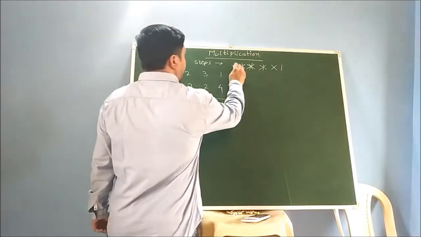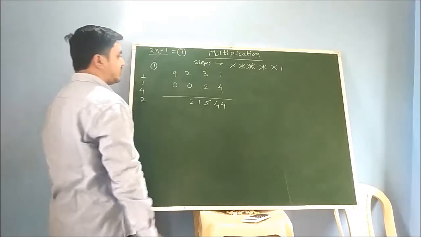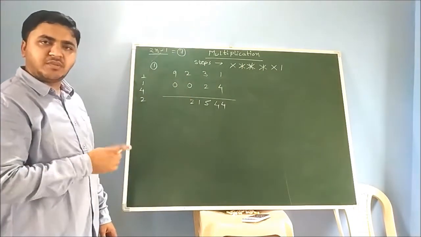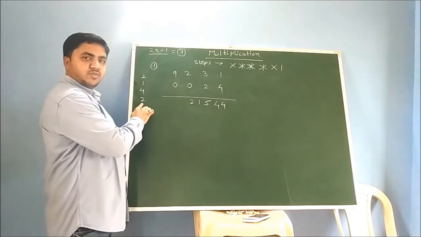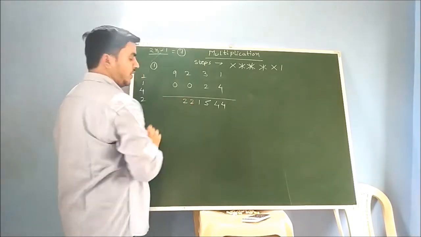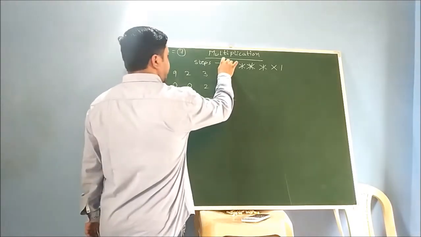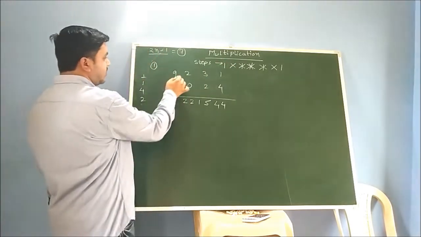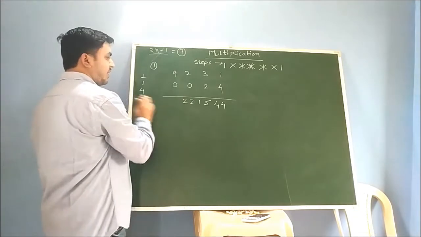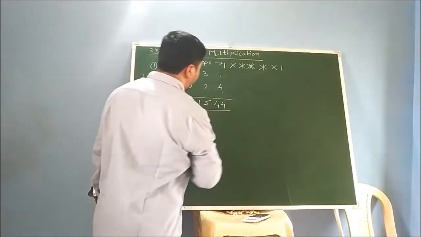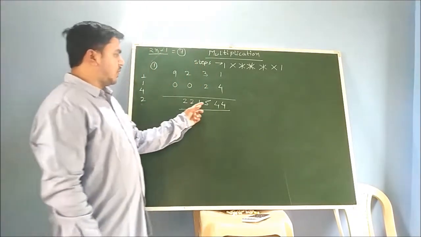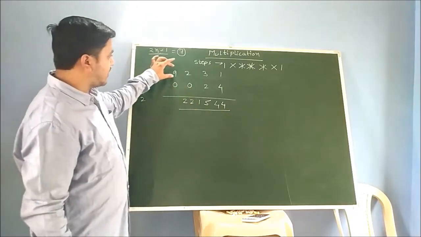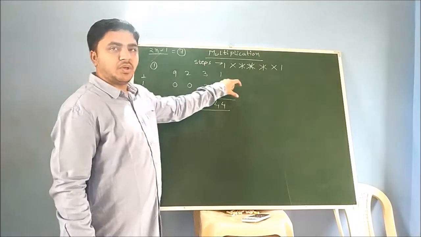Next sixth step क्या होगा आपका? Again you have to do twice multiplication, that is 9 into 0 and 2 into 0. So the entire value will become 0. Only you have to add this one. So that is 2 only. Okay. And last step, again you have to do this vertical multiplication. And vertical is what? 9 into 0 is 0. So no need to multiply it. So this will be your final answer. So 221544 will be my final answer if I have to multiply this 4 digit number with a 2 digit number.